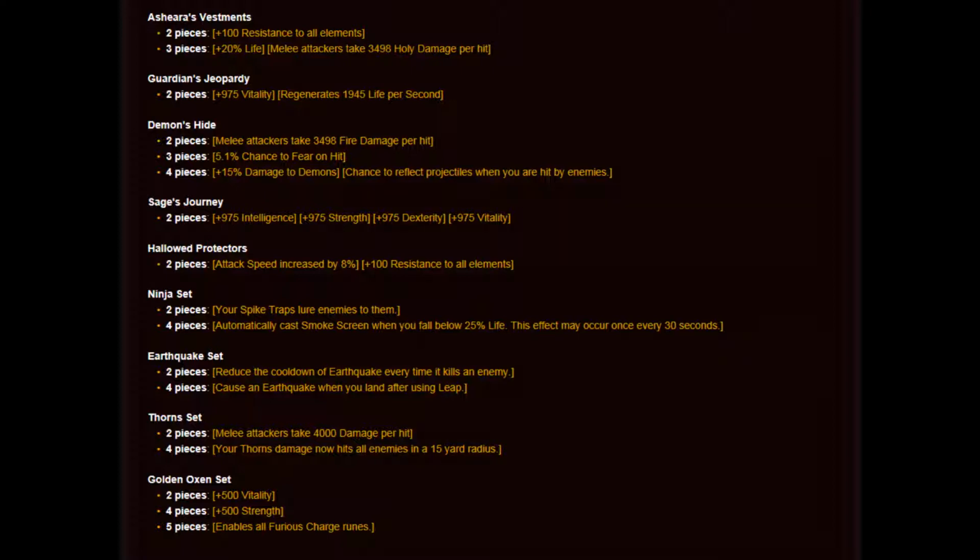These are for brand new sets. First one, the ninja set, is for the demon hunter. First, with 2 pieces, your spike traps lure enemies to them. So when you cast your spike traps, enemies actually walk into them. So you no longer have to put them in front of you. You can put them off to the side to try and distract enemies in order to buy yourself more time